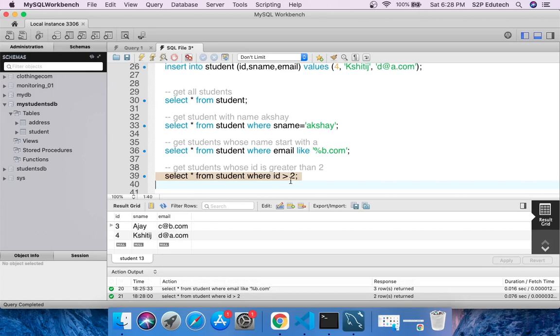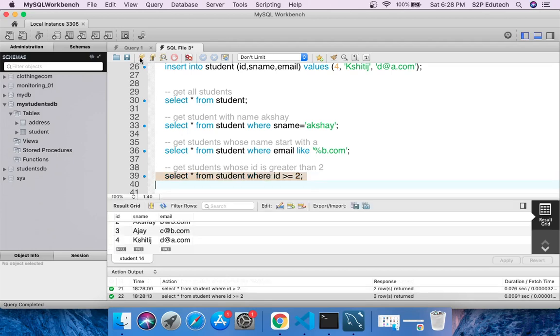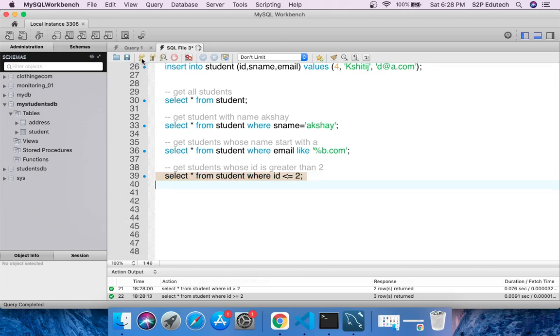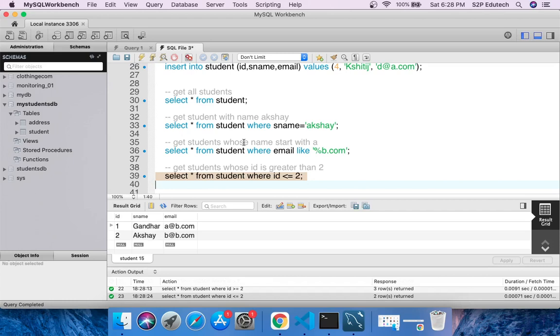Is it clear? If I give ID greater than equals to 2, it will fetch me 3 rows: 2, 3 and 4. If I say ID less than equals to 2, it will fetch me the first 2 rows. And if I say only less than 2, it will fetch me the first row.